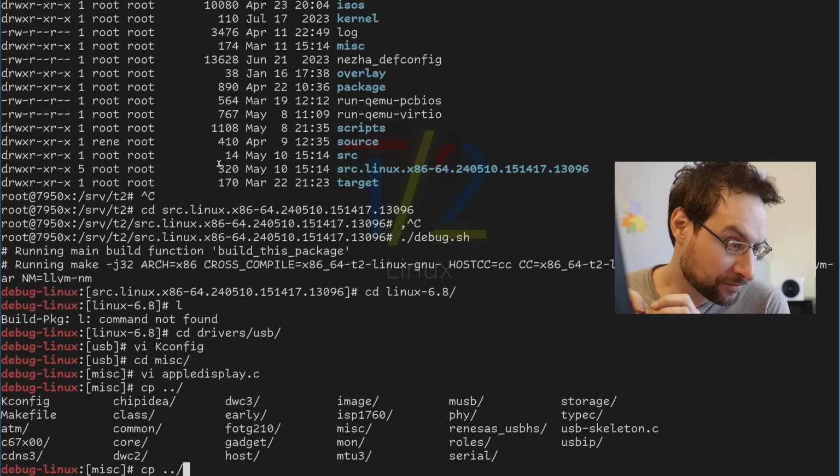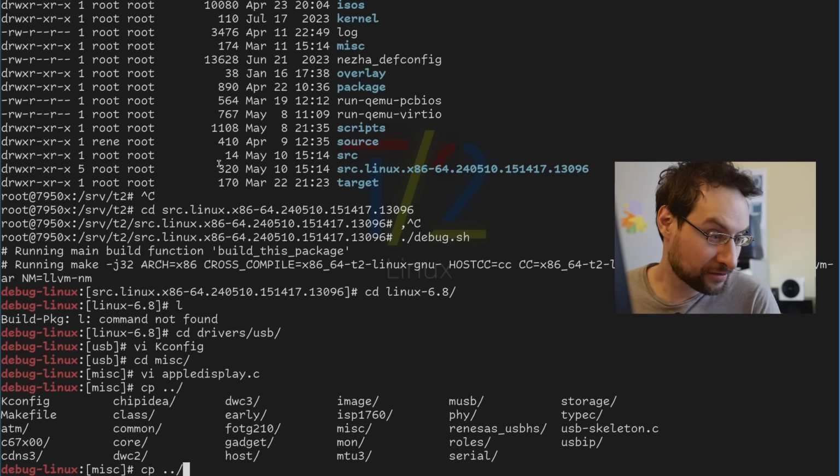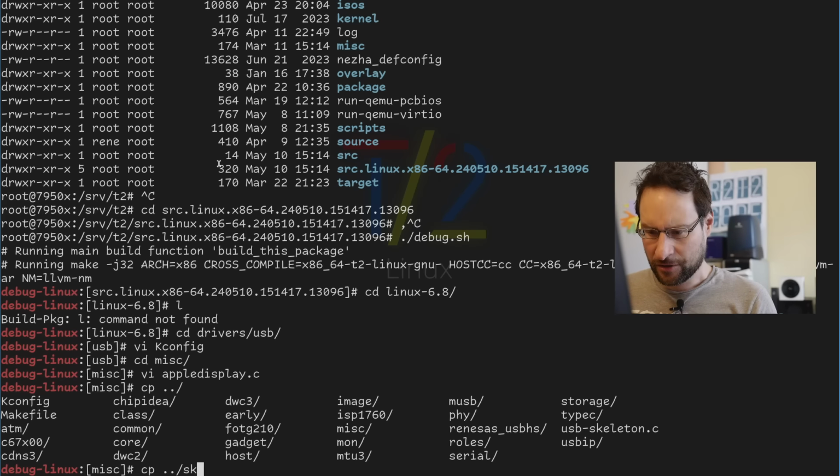What about the apropos command? You can use it to search things. Okay, amazing. So copy the USB skeleton here to